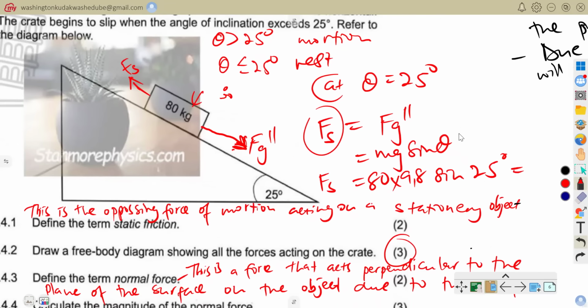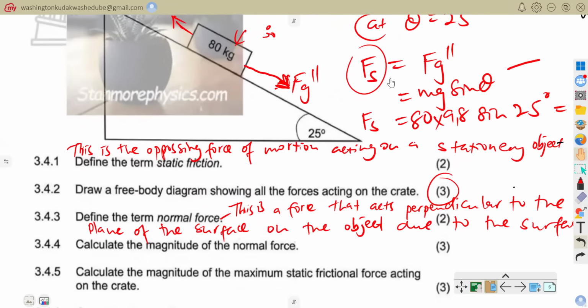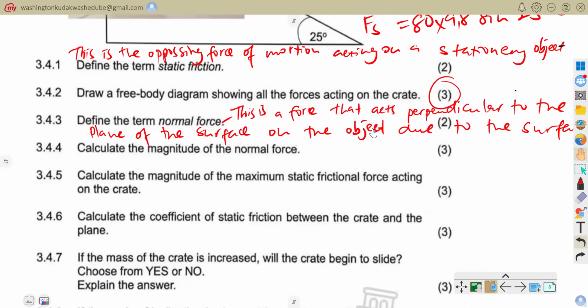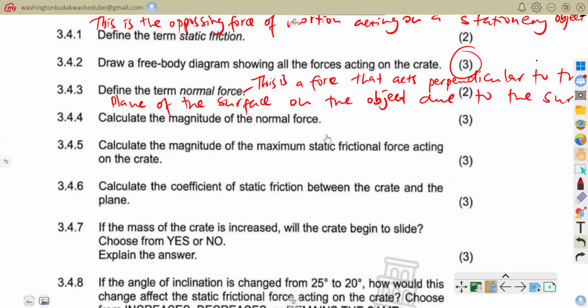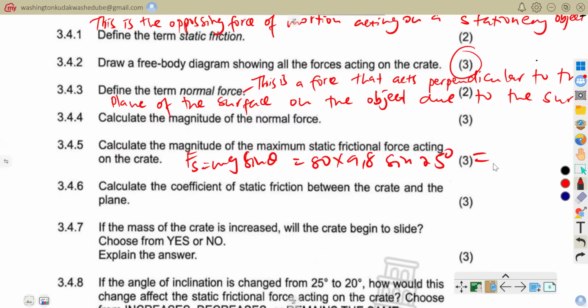That is how you would have calculated that static frictional force. So here where they said calculate the magnitude of the maximum static frictional force, that would be Fs equals mg sine theta, which is 8 times 9.8 times sine 25. And that is supposed to be equal to